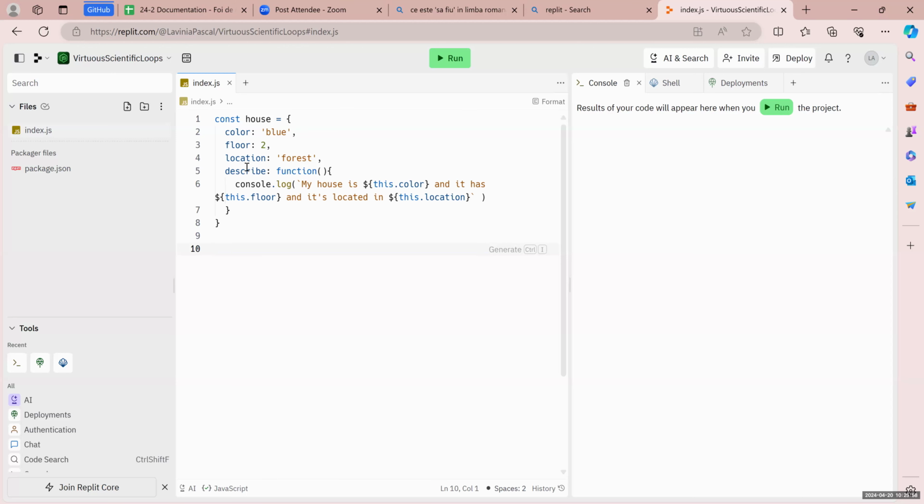So if I want to call this function, how do I call it? house.describe. So describe becomes like a method of this house object. House.describe looks familiar, right? The syntax. So now if I run it,